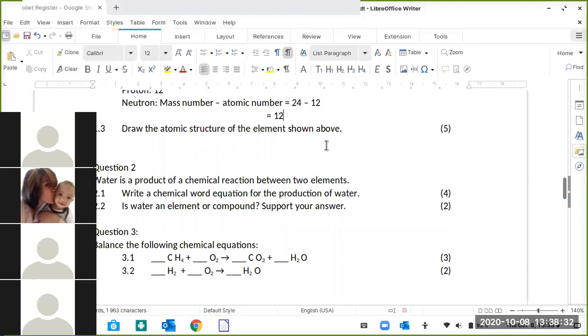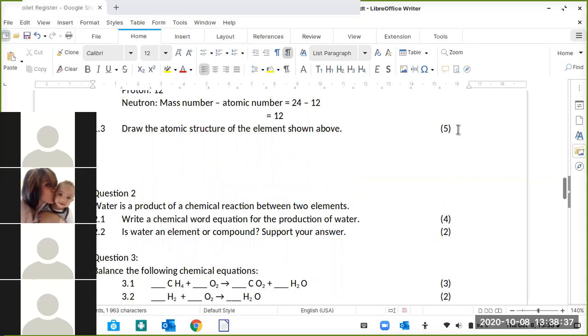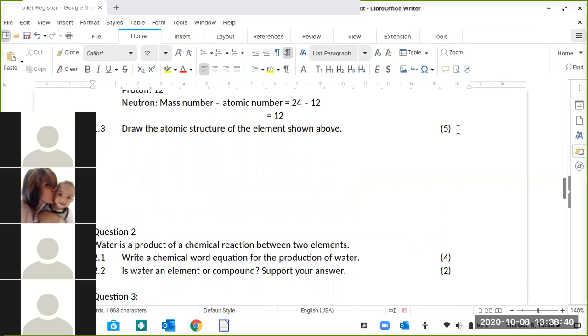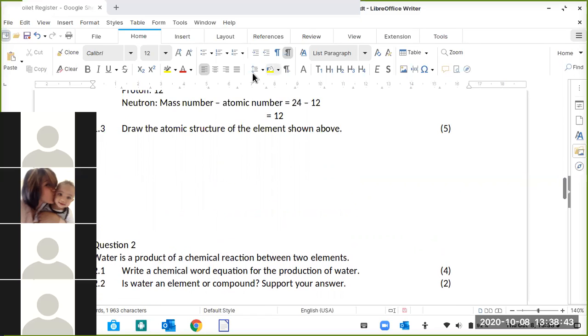Then now draw the diagram. That's where the problems are now, especially on the test. There were so many people who could not get it right. So how do we draw the structure of an atom? Always remember, whenever you are drawing a diagram, you must always start by labeling it, naming it, right? So what is the diagram that we are supposed to be drawing here? It's atomic structure. Always start with what? The topic. Atomic structure